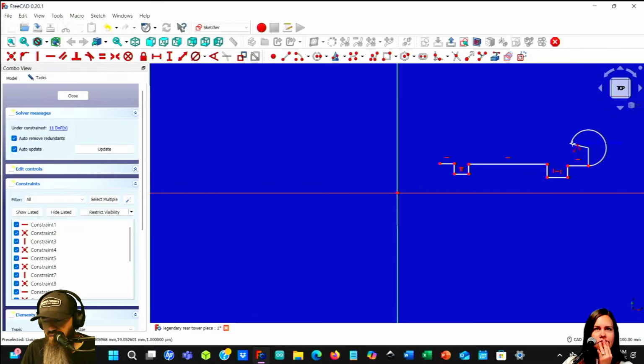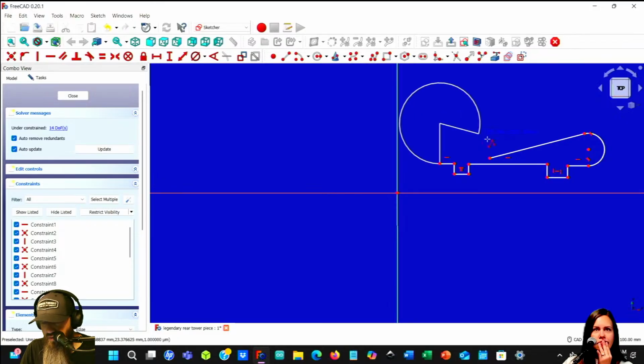So I need to somehow get this to curve, but then give me a straight enough line, because this is where it's going to get hard, because this now needs to curve. What happened? Let's see, this needs to curve over to here.